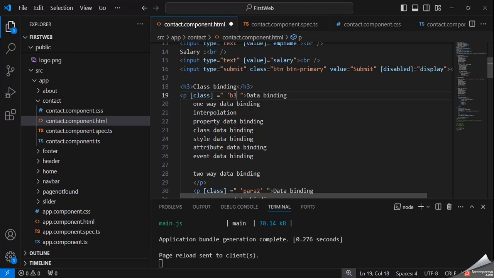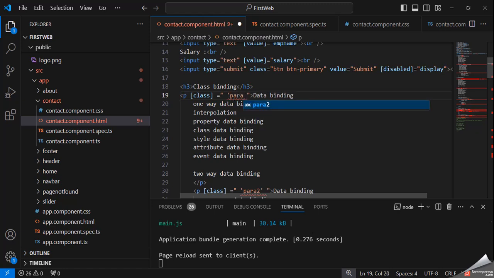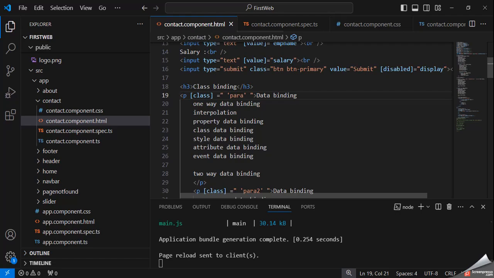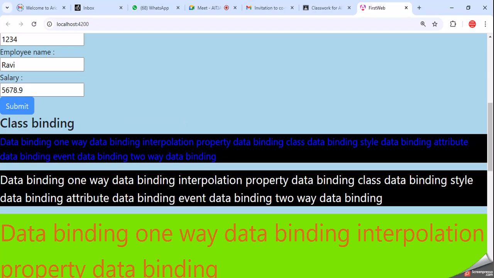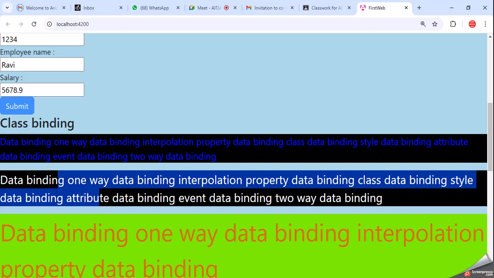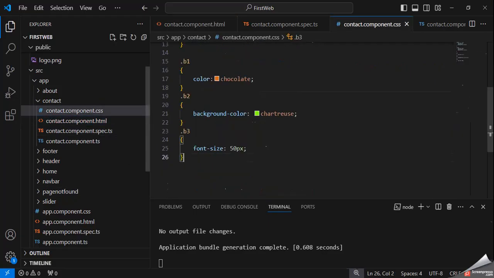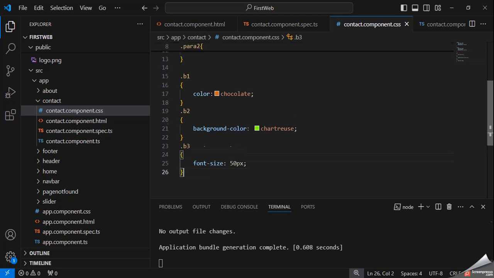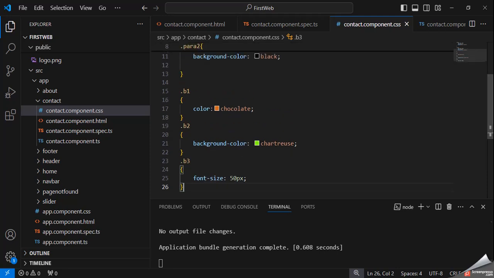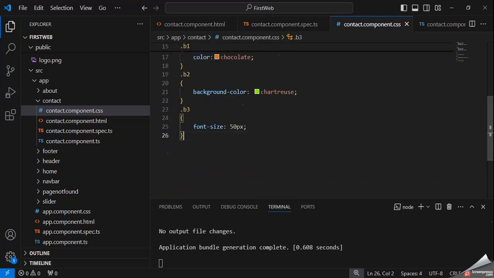But suppose here I'm going to use para, then you can see this is para, this is para, this is para. Here I have declared multiple classes like b1, b2, b3, para2.